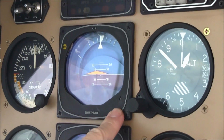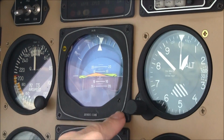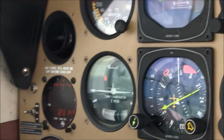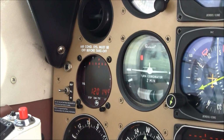This is your artificial horizon, and you'll notice that it houses your flight director. When I push control wheel steering, your flight director will come up in your ADI. And then your altimeter. On the next row, we have a JPI EDM 700 graphic engine monitor to monitor all